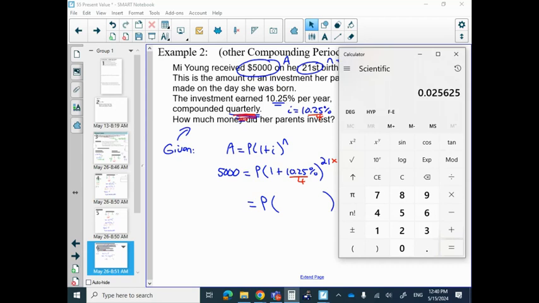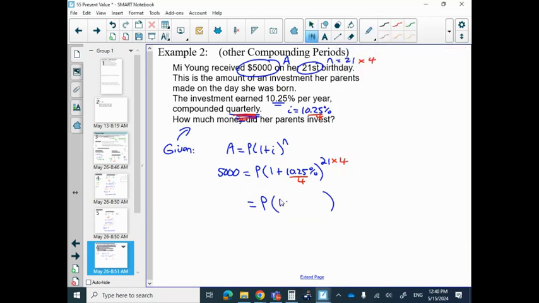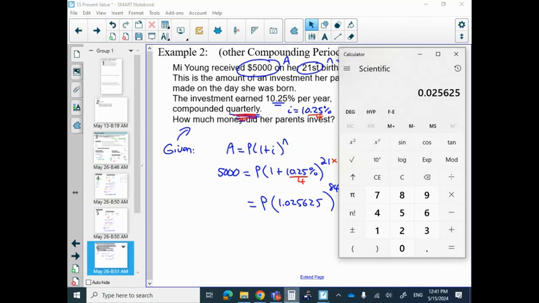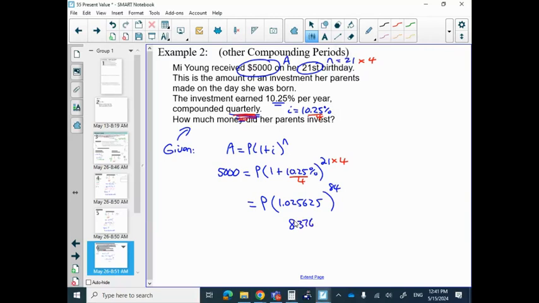So 1.02565. 1.02565. And that's going to be to the power of 4 times the 21, and that's 84, right? So we are going to add 1 to that, put it to the power of 84. Gives me that number there, so 8.376. Basically, banks would keep at least 7 decimal places, possibly more, but I've always been told they keep 7. This day and age, they probably keep more. Computers can keep a lot. And then we end up with